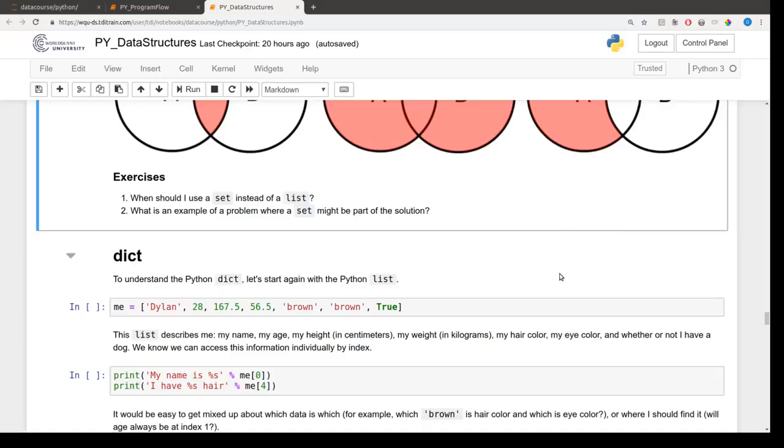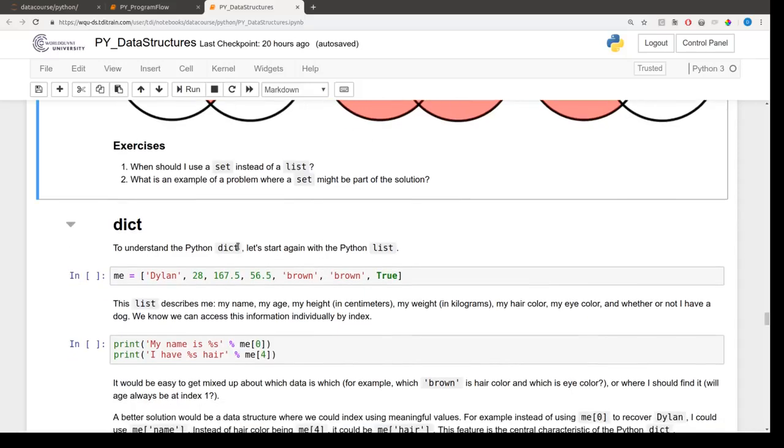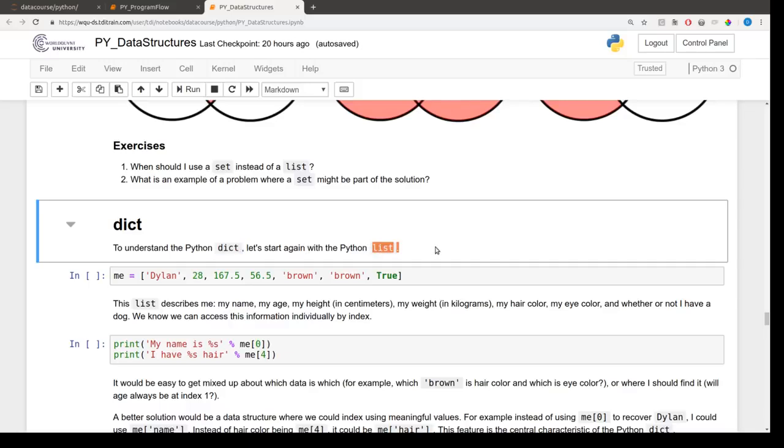Welcome to the final lecture in the series of lectures on data structures. In this video, we'll be discussing the dict data structure. Dict is short for dictionary, and we'll see that the dict data structure in many ways functions like a dictionary for language. But let's first start with a list as our baseline and compare or motivate why we might want